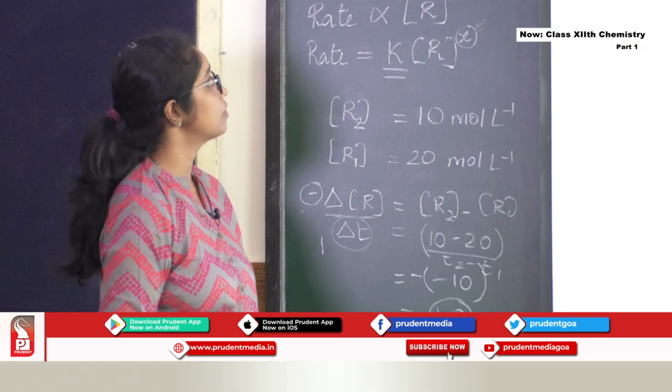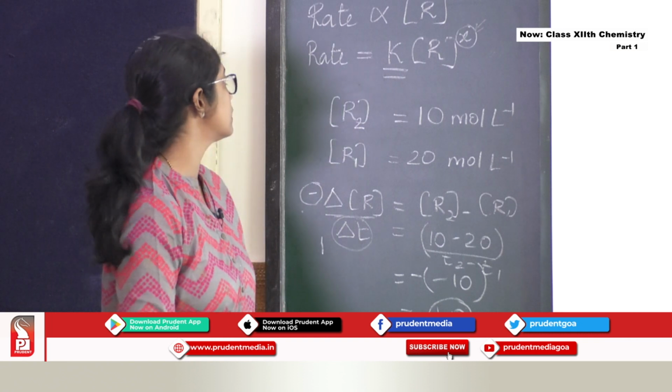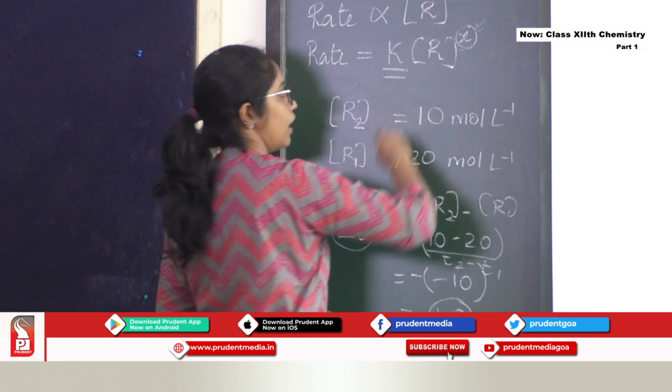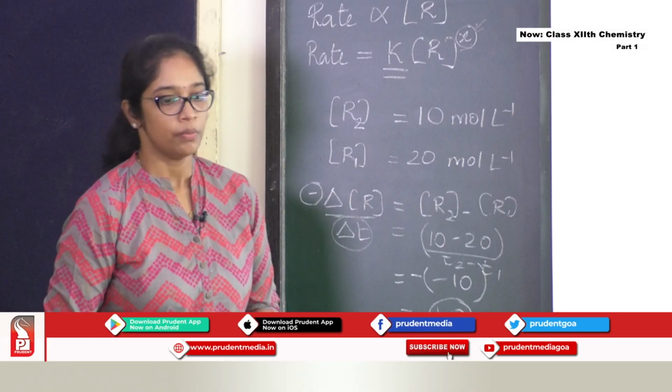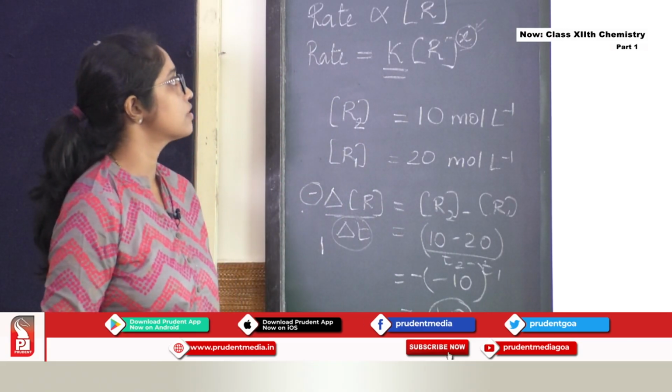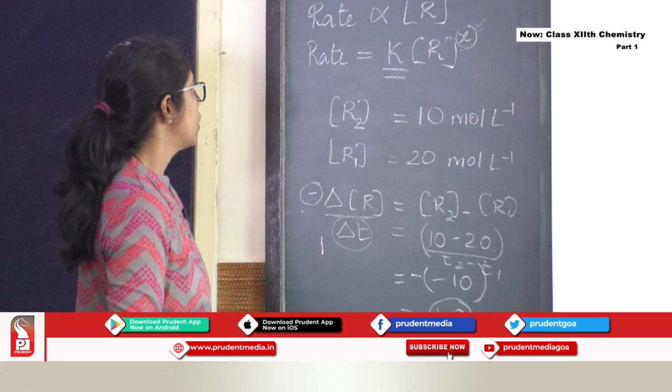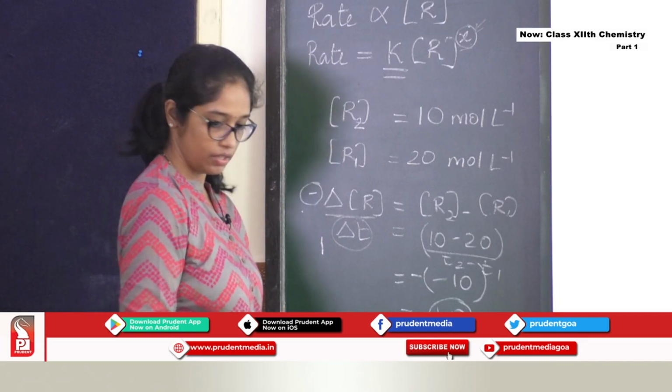Alright. Now, next we are going to be focusing on these values, what I explained to you earlier, x, and how to find out the value of y. We do that by knowing something known as the order of the reaction. Order of the reaction is nothing but the sum of the powers of the concentration of the reactant in the rate law expression. The meaning of this is, suppose in the earlier slide